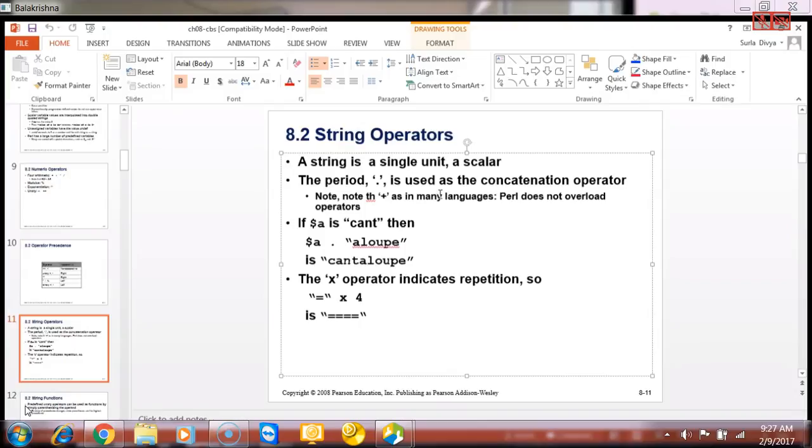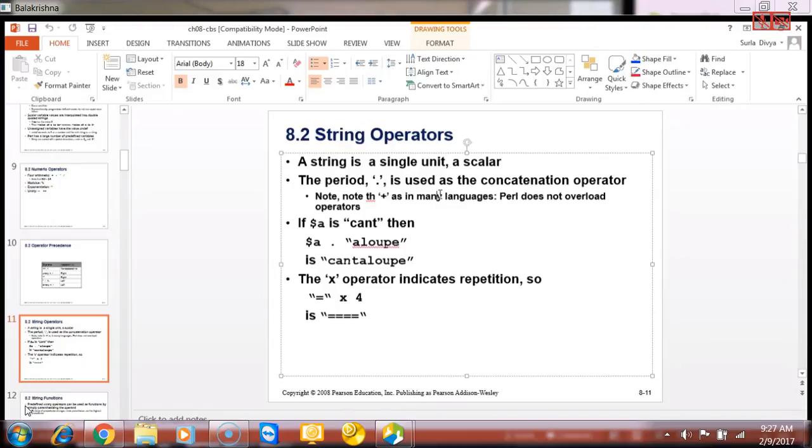But in some languages, let's say my string is hello. If I say hello plus world, automatically my output will be hello world if I try to print. Though we are using text, because I am trying to add two strings, it is trying to concatenate. Means the plus operator is behaving like a concatenation operator.